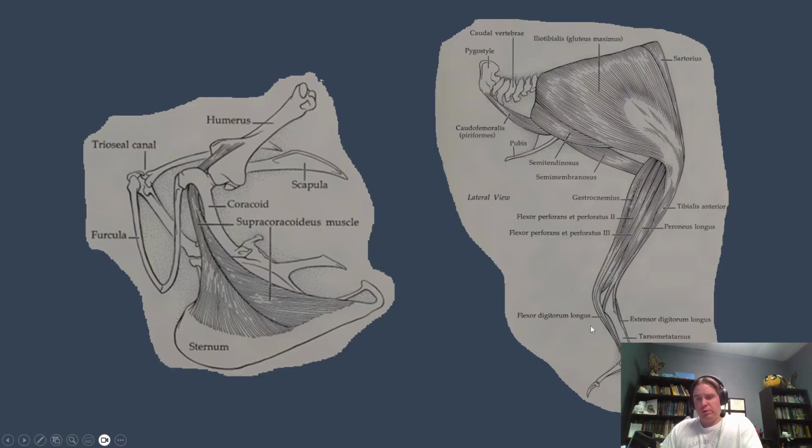If you're a perching bird and you sleep sitting in a tree, you probably don't want to expend tons of energy keeping that muscle flexed all the time. Intuitively, that would seem a waste, that's a lot of energy to spend just to sit in a tree, having a permanent muscle flexion. So how can we do that without spending a bunch of energy to flex that muscle? Well, the way we do that